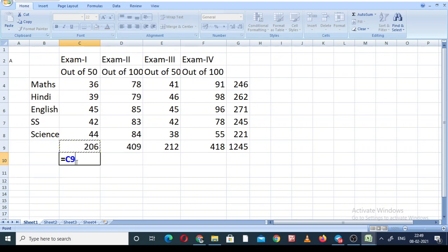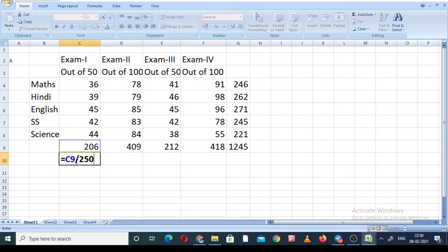So that's why it is C9. You can manually type C9 upon the aggregate marks, which is 250. I already told you 5 subjects, 50 marks, total 250.